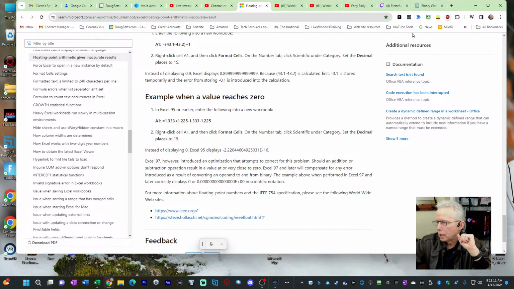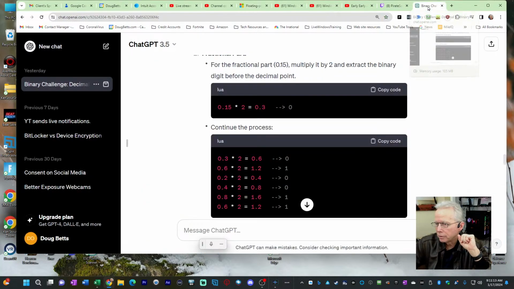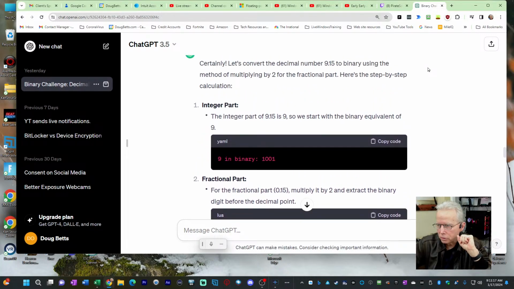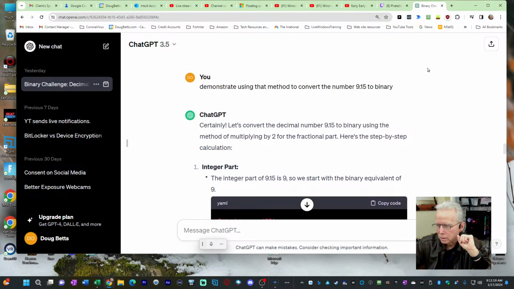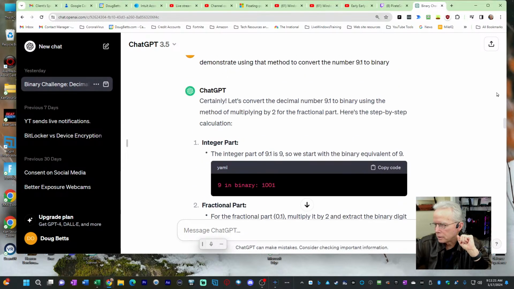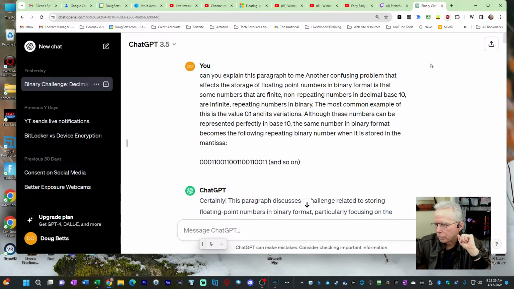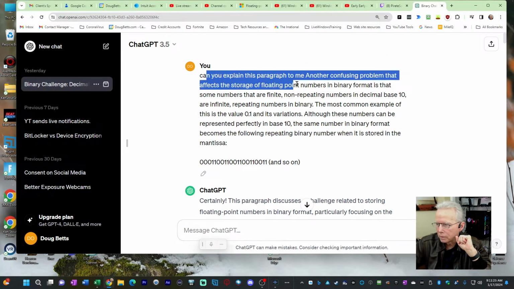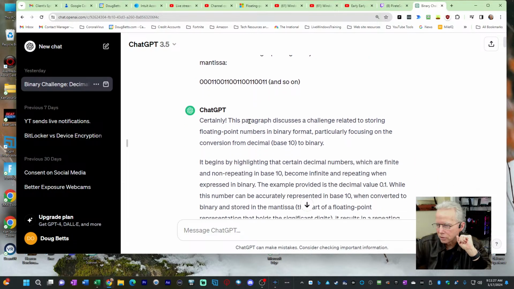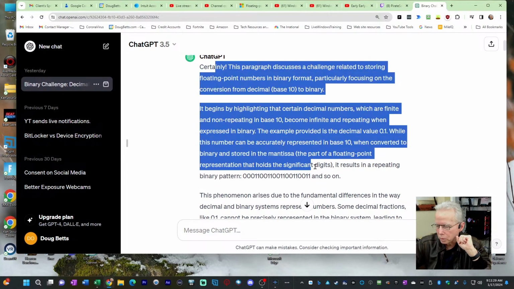I'm not doing a good job of explaining this, but let me come over here to ChatGPT. I asked ChatGPT to show me how this is done. So let's see, I started up here and we went through a few different things. I started with, can you explain this paragraph to me? I asked ChatGPT to explain that paragraph that was written by a computer science person.